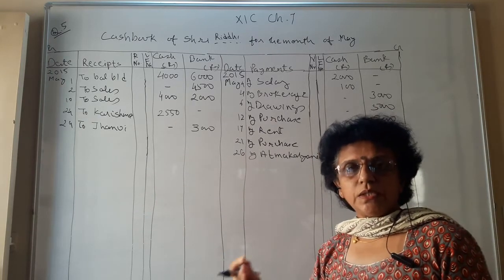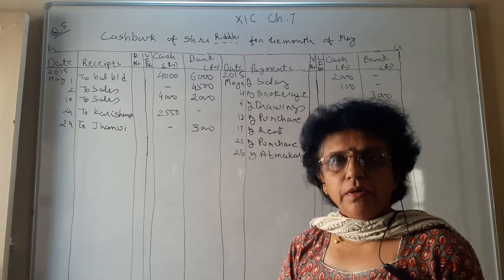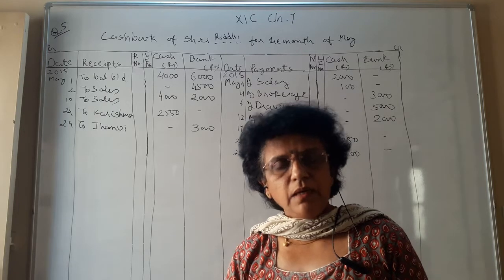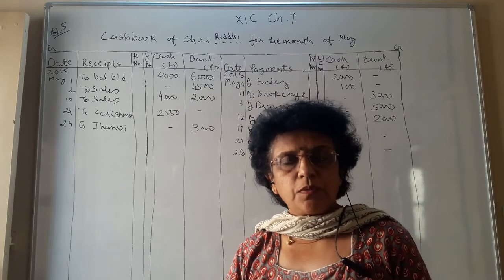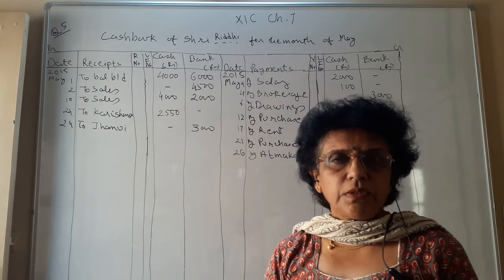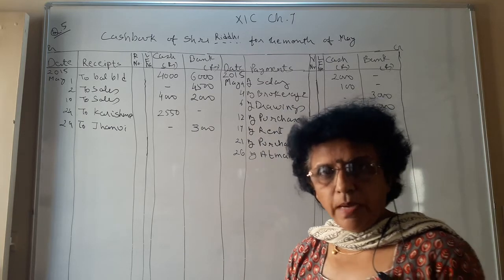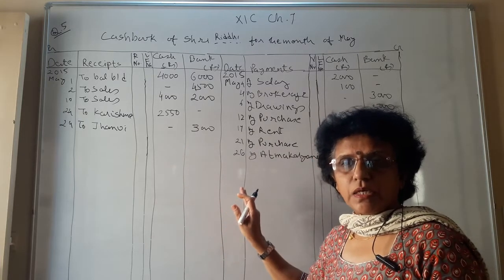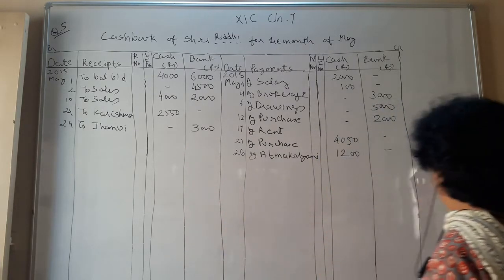In which situation does contra entry happen? Contra entry is possible at two times: when you deposit cash into bank or when you withdraw cash from the bank. Here the situation is that you are depositing 1000 into bank. So the entry becomes bank account debit to cash account credit. So your journal entry is